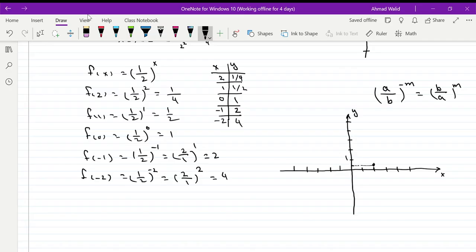When x is 1, y is half. 1 and half will be a little bit over this point. 0 and 1, of course, this point. -1 and 2 will be this point, and -2 and 4 will be this point. And if I connect these points,